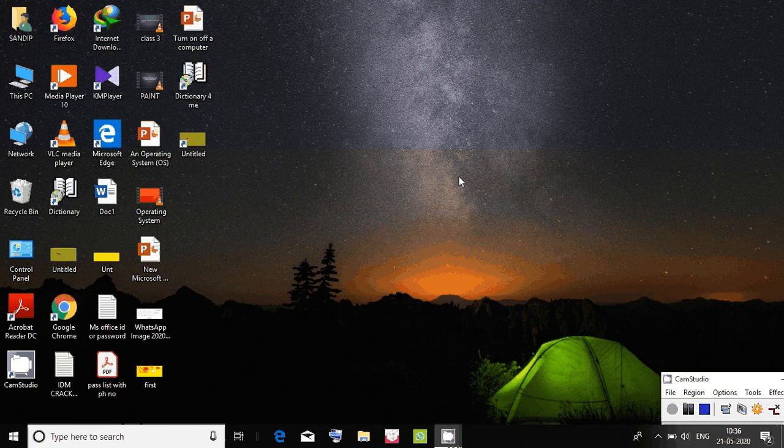So I got to my existing desktop. This is a new thing in Windows 10 where you can create a new desktop for yourself. That means you can get a new wallpaper and icons where you can work fresh. This feature of Windows 10 is known as the virtual desktop.